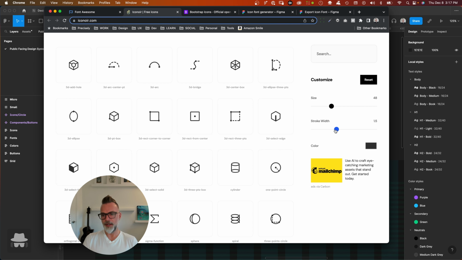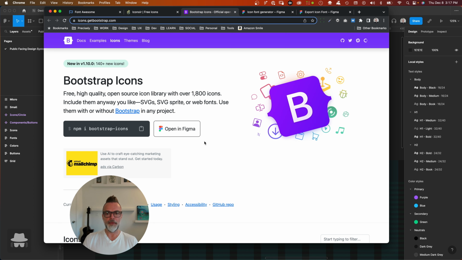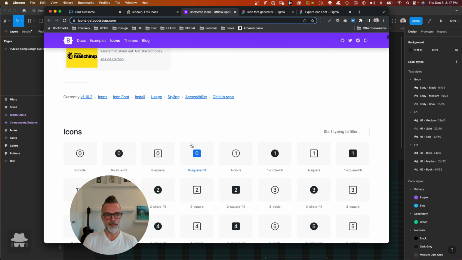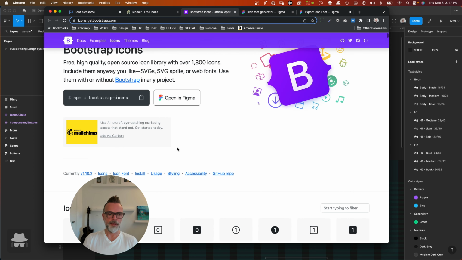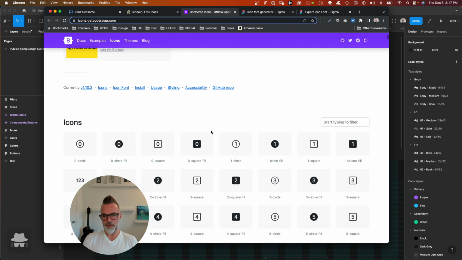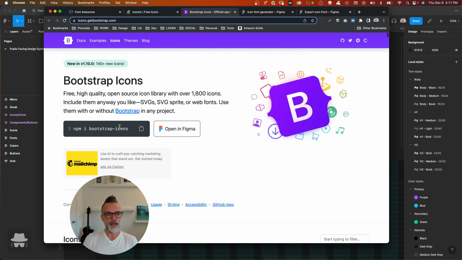This is a pretty cool feature that I hadn't seen on any of the other open source libraries that I've seen. If you happen to be working with developers that are using Bootstrap, Bootstrap now has its own icon library. So your developers would probably love you if you could get by with the Bootstrap library, if they happen to be using Bootstrap. And then if we want to start getting into talking about how you create icon fonts for your dev team,